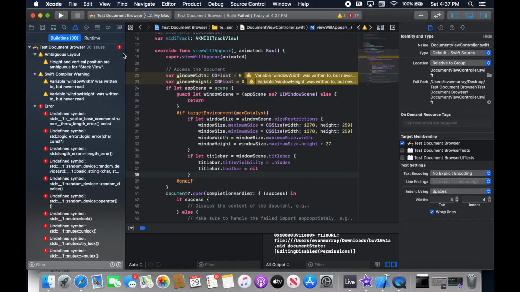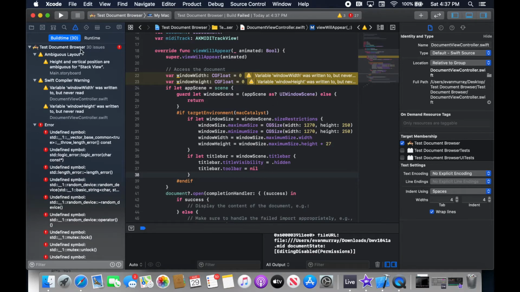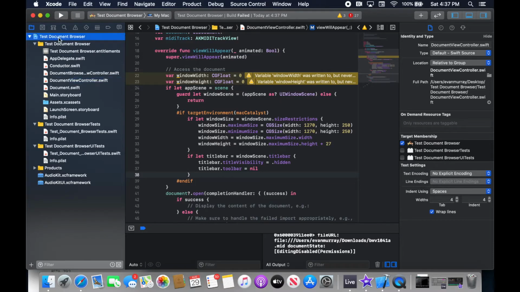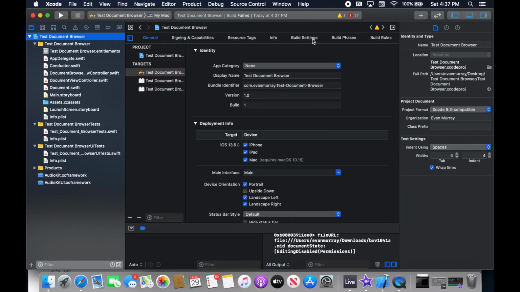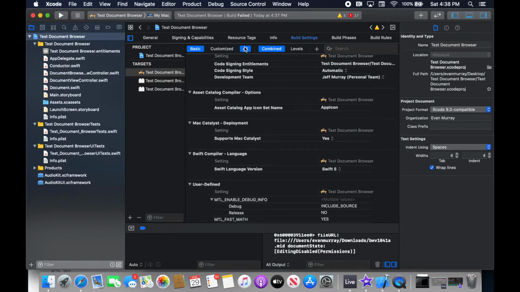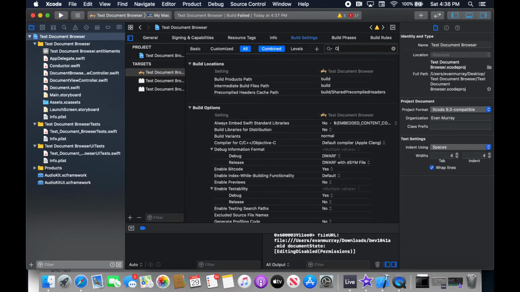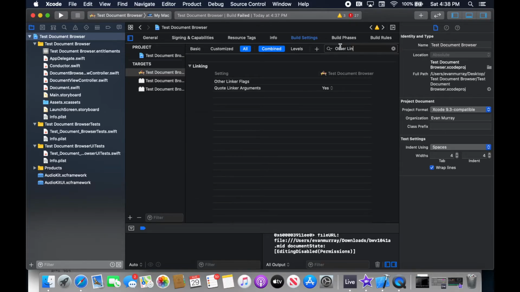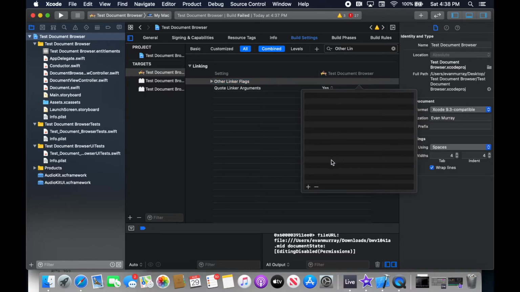Uh-oh. Okay, so you might get these errors, which is completely normal. You want to go to your project settings and you want to go to build settings. So we want to actually show all here. And then we want to search for other linker flags right here. And basically you want to set this field, you want to double click on it and you want to add a new entry and do